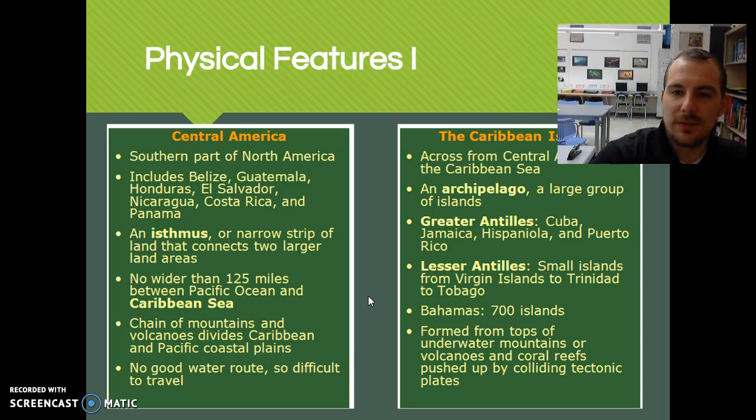So let's talk about some physical features, and we did separate them here because Central America and the Caribbean islands, although many similarities, they also have some major differences. Central America, as we know, is part of the southern part of North America. It includes the countries of Central America. It's an isthmus, and I know that was a word that we said before, but I think it's important to go over it again, which means it's a narrow strip of land that connects two larger land areas. There is no place in Central America that is wider than 125 miles. And obviously on one side of Central America, we have the Pacific Ocean, and on the other side, the Atlantic, which is very unique,